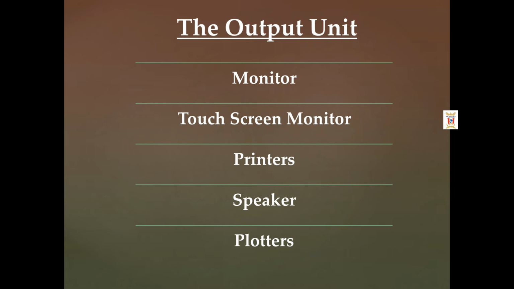Next is printer. A printer is a peripheral device used for printing the output on paper or any other printable media. We have 2 types of printers, impact printers and non-impact printers. I want to tell you here that you don't need to learn all the definitions of impact printers and non-impact printers. You just need to learn the names as an example.